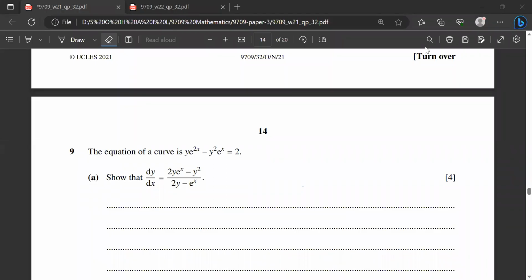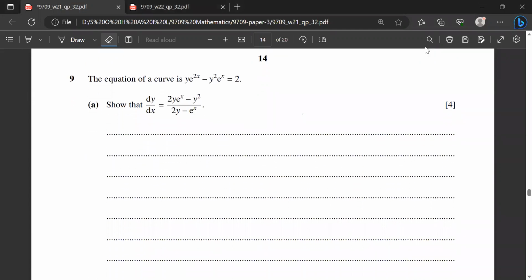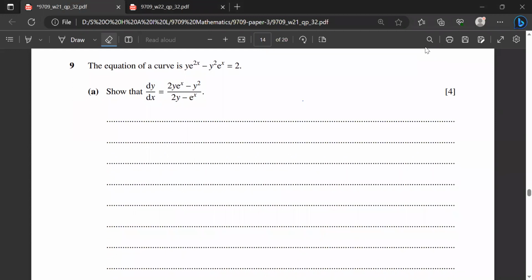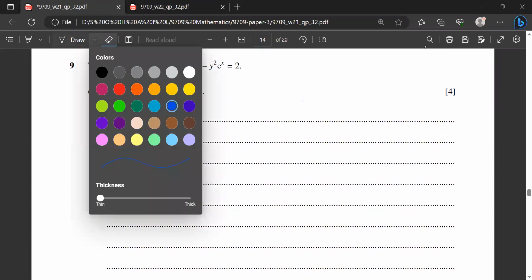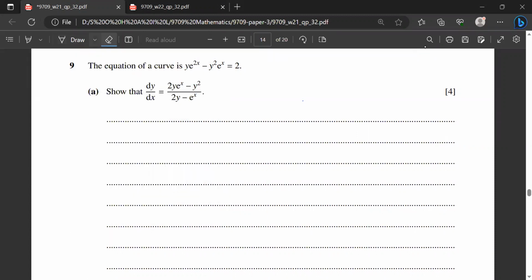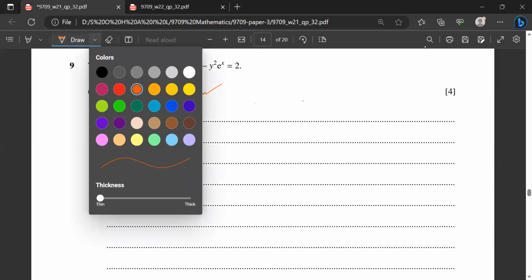Question from October, November 21, 9709, variant 32. The equation of the curve is given, so you're given an implicit equation, and the question is to show that dy by dx equals, this is the result which we want to prove, 2y e power x minus y square, whole divided by 2y minus e power x. So